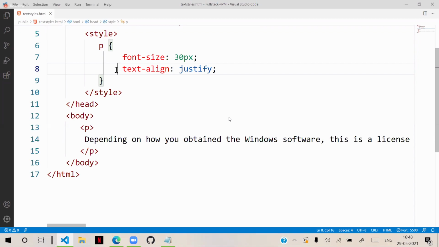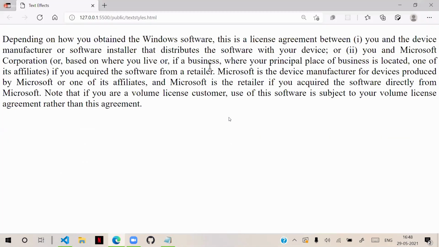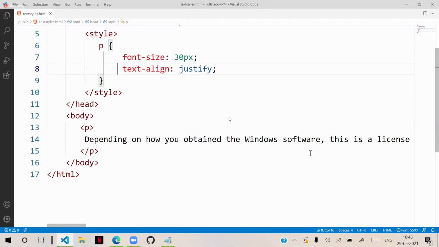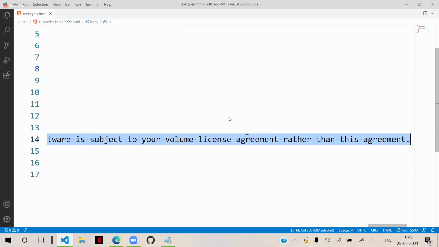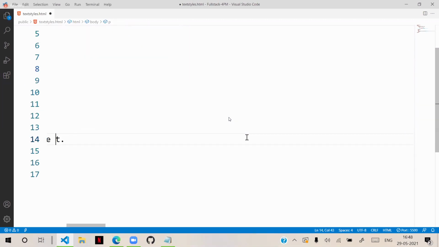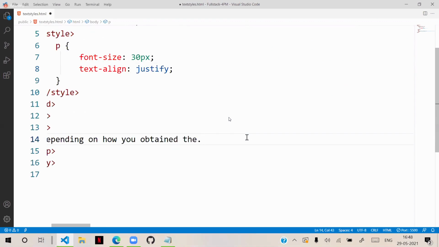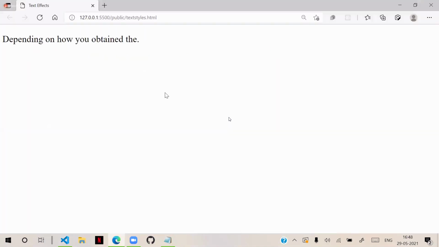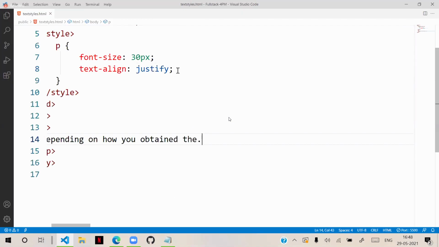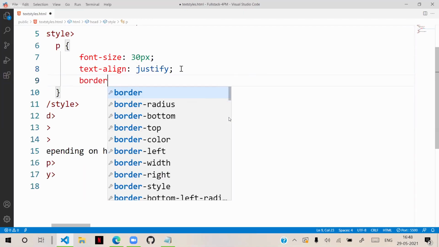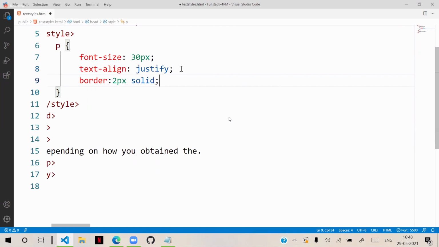Especially this problem will be more if there is a lengthy word at the end. For example, in this paragraph, so this is the paragraph. I will keep the border as 2 pixel solid.